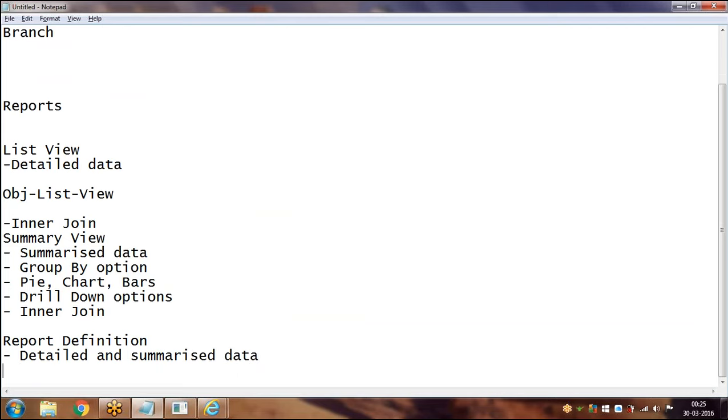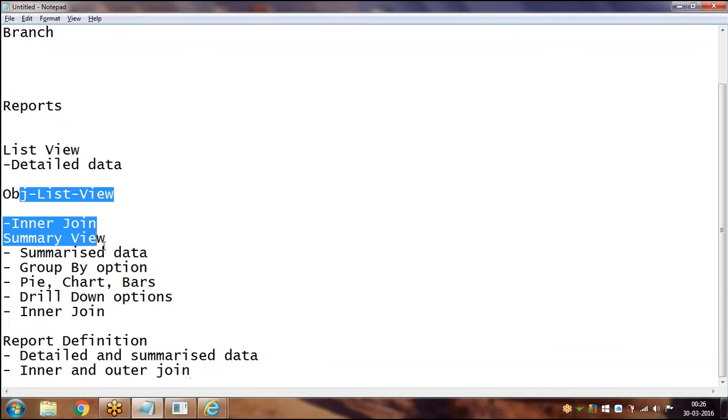And you can do inner join as well as outer join using a report definition, whereas outer join is not possible in list view and summary view rules.